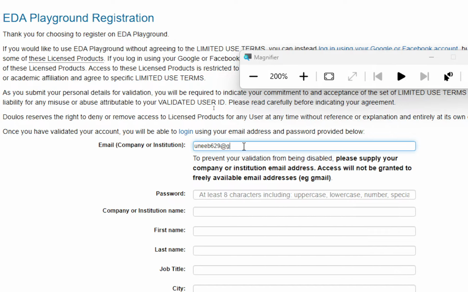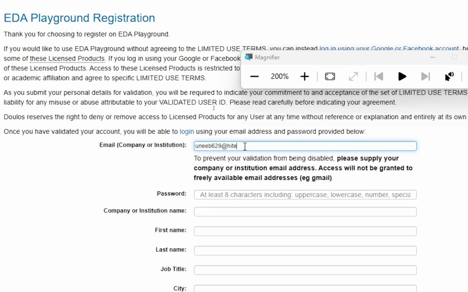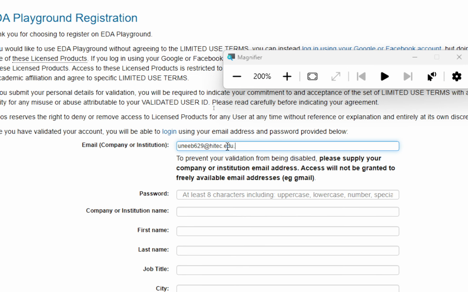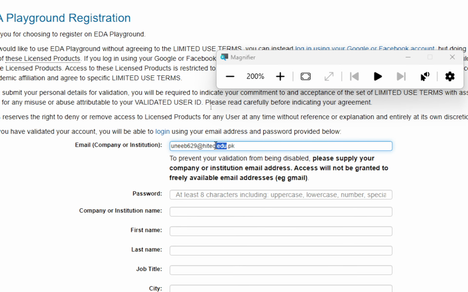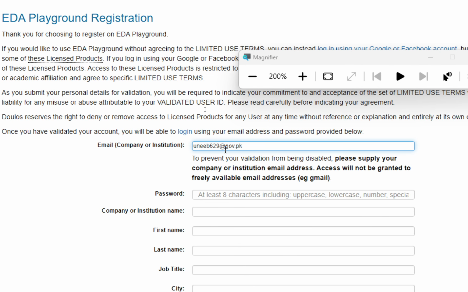Okay, this is one, but I may have at hitech.edu.pk like this, or anything like gov.pk. Either my institute or my university, company, institute, university, anything not ending with Gmail, Yahoo, etc. is allowed here. So you can use your university address, or if you don't have any email like that,